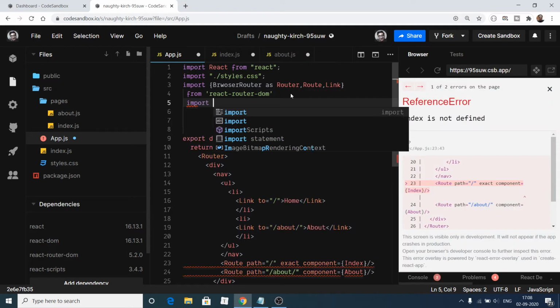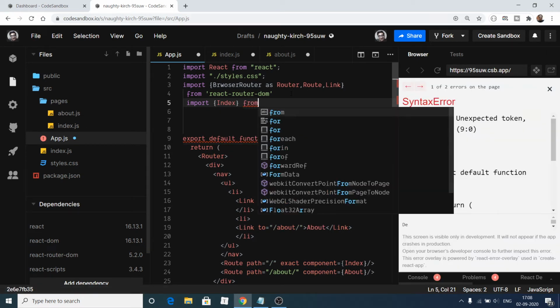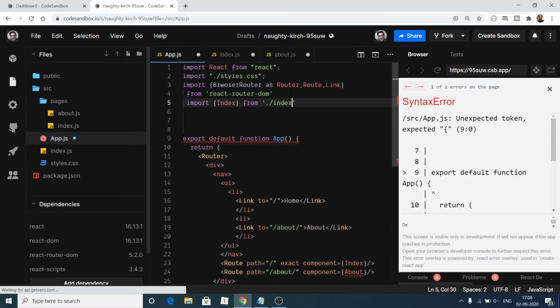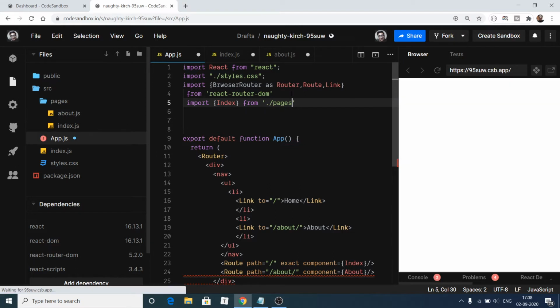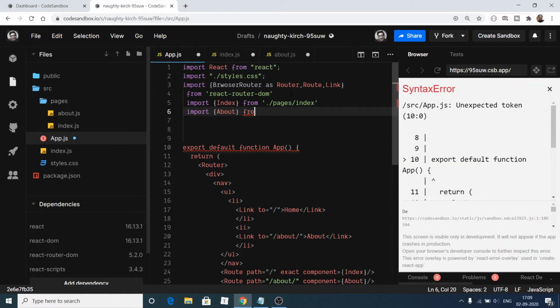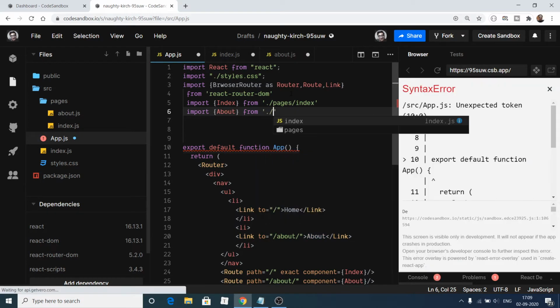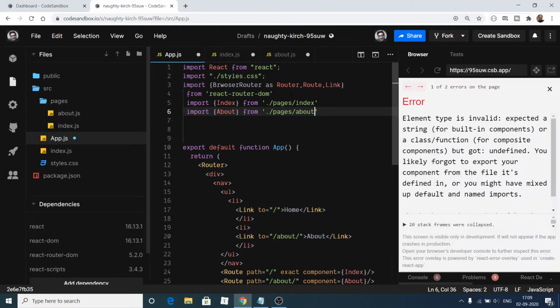So we need to import. First is our index, which is located inside the pages directory. Sorry, this needs our pages directory, and this is there inside index. And second is our about one, so we need to import it. So this is located in pages and this is about. That's it. So if I reload this, you will see what it is saying to us that,